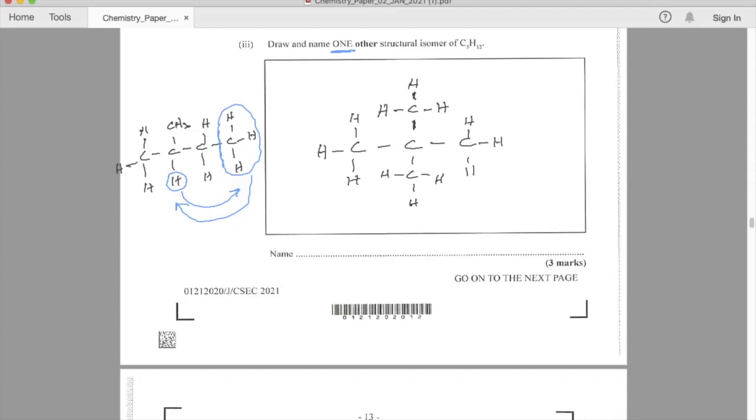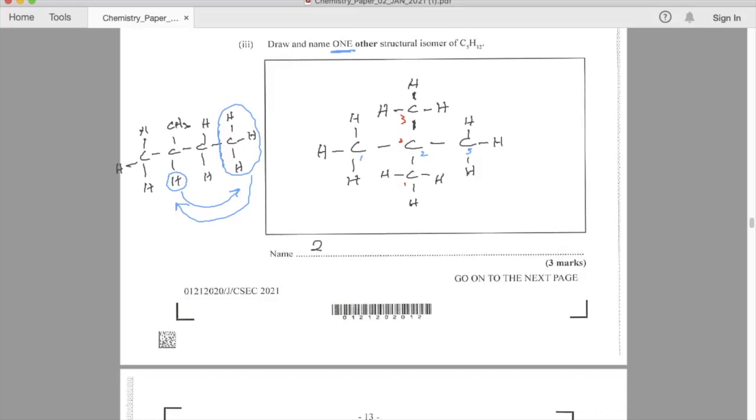So here we have the longest chain being 3 carbons, whichever way you want to count it from. I like to count from left to right. So this is 1 for me, 2, 3. But I could use a different color. I could count, this could be 1, 2, 3. But either way, on carbon 2, there are 2 methyl groups. So how we would name this, we would say